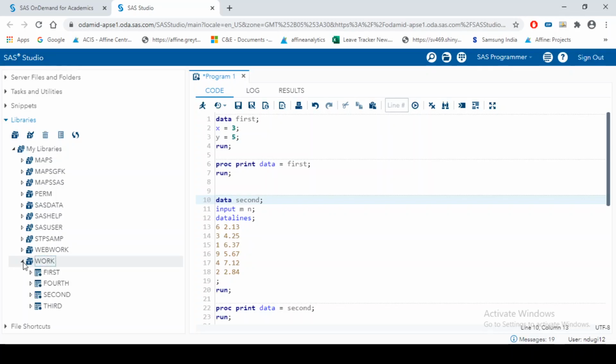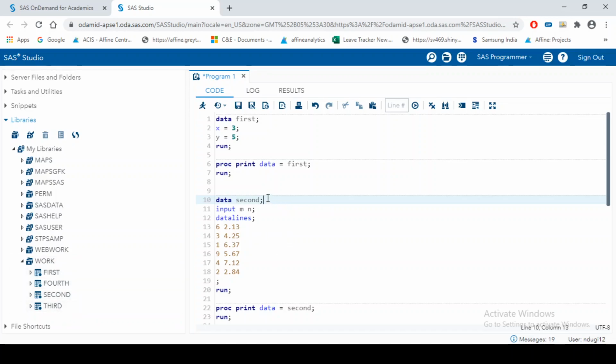If you open this, you will see all four datasets are created in the work library. The work library is called a temporary library because once you stop this session, all these datasets would be dropped. They would not exist in your next session. That's the reason it is called the work library.